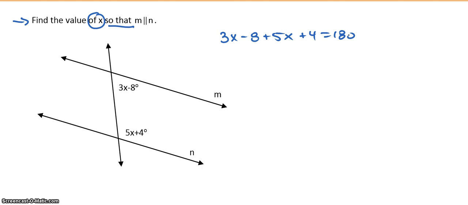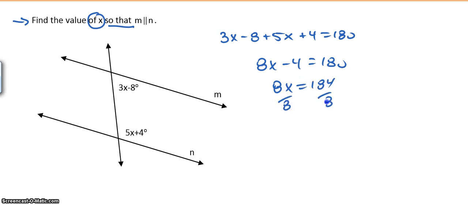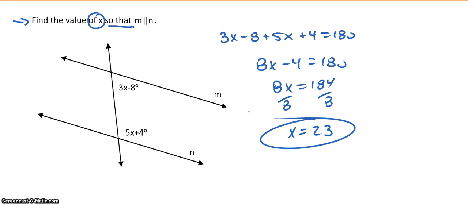So I have 8x minus 4 is equal to 180, and then we're going to add 4 to both sides. So I get 8x equals 184, and then I divide by 8, so x equals 23. Now what we've done is we found a value for x that would create parallel lines, because if we put 23 in,